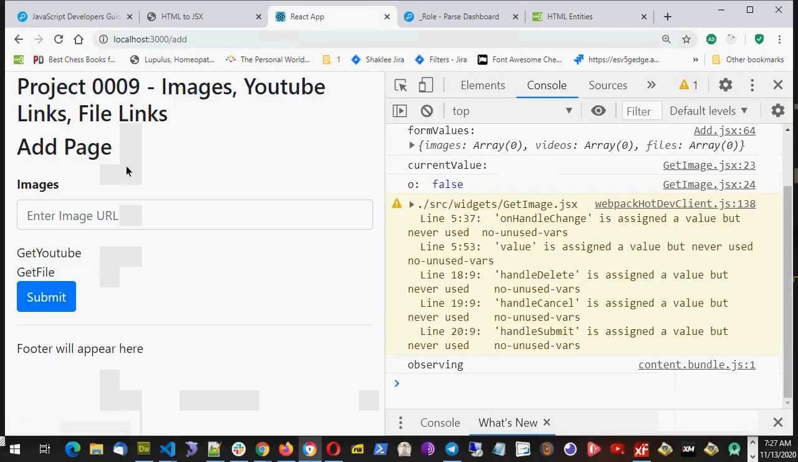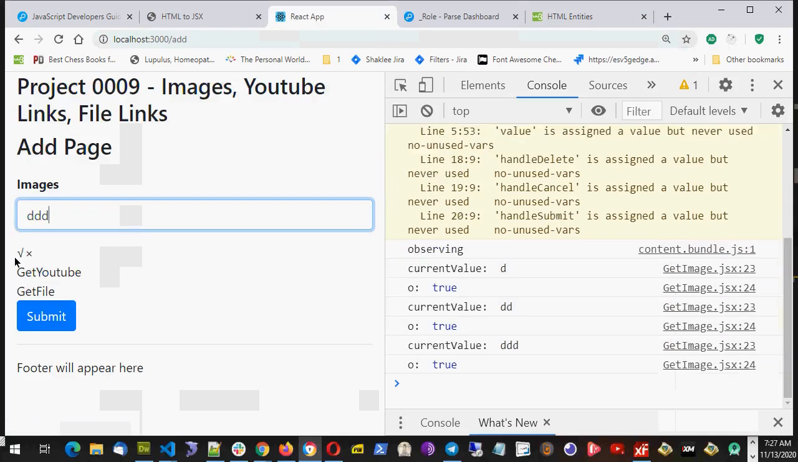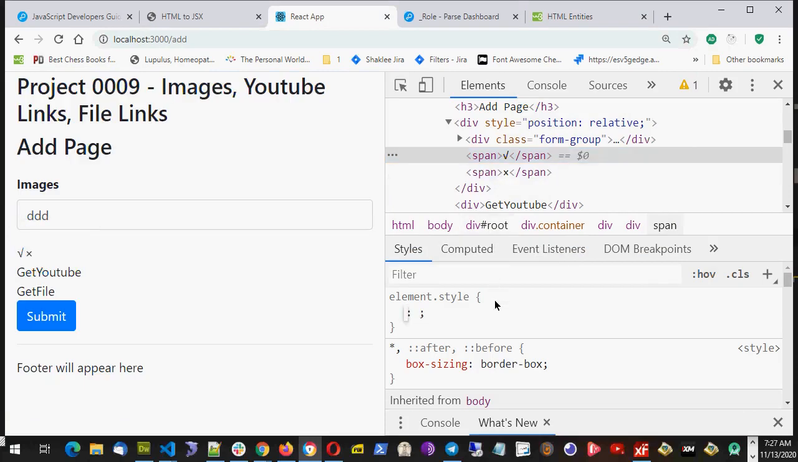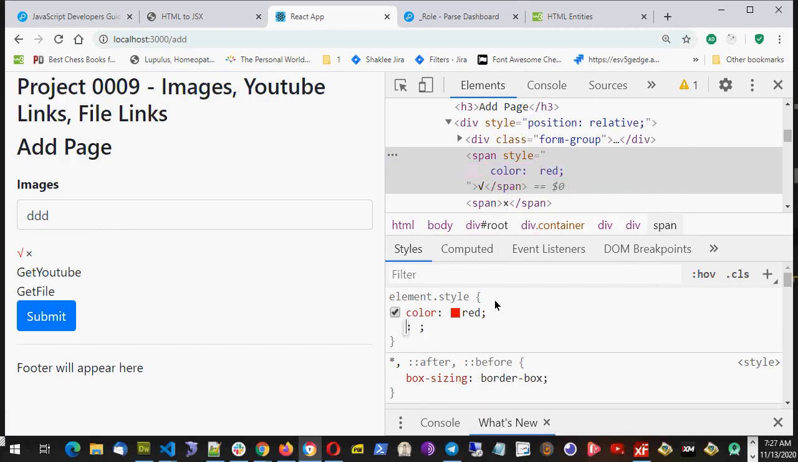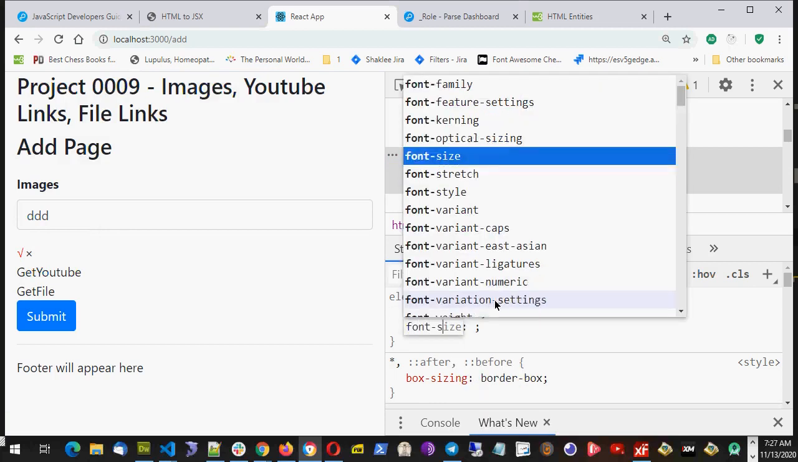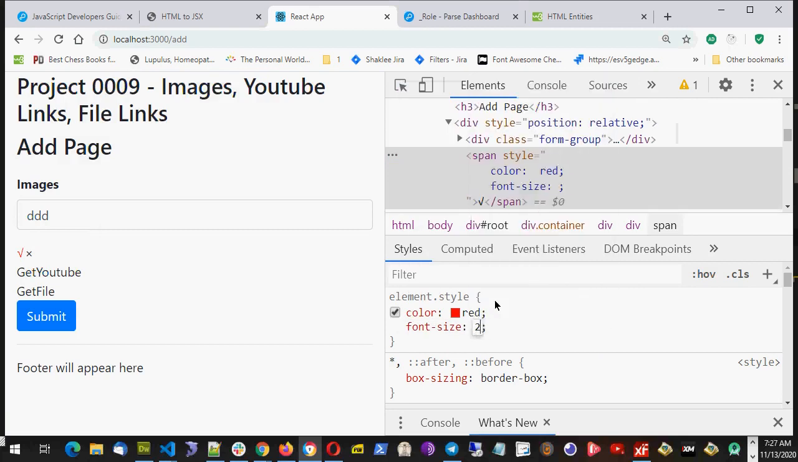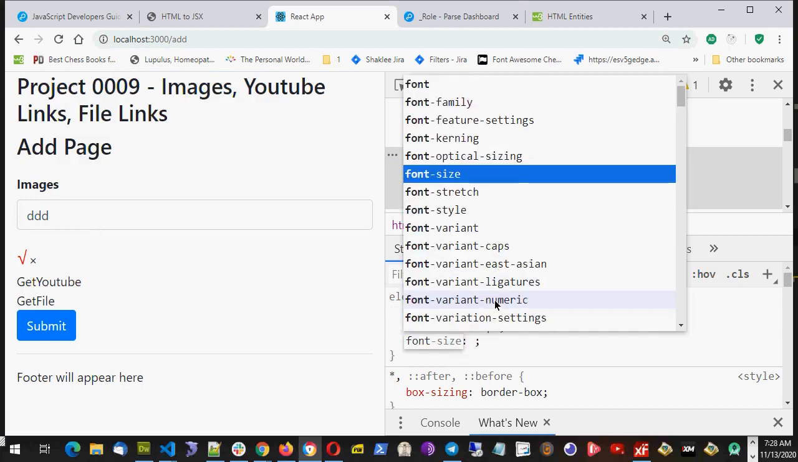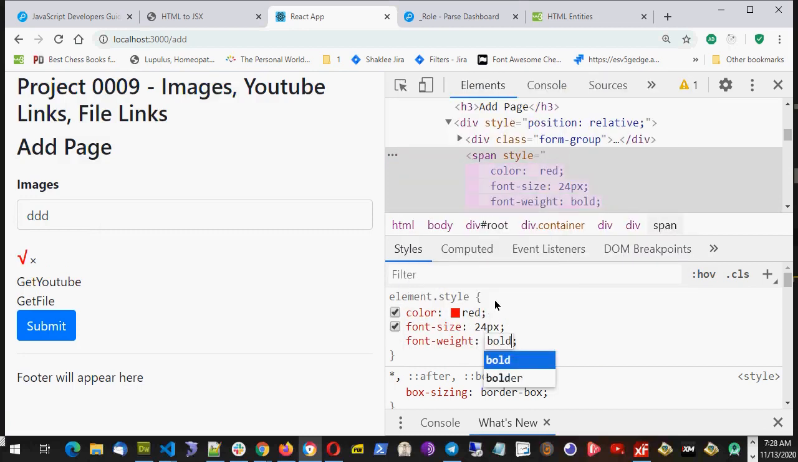Let me check that again here. As soon as I put it, you'll see there is a right check icon and the cross icon. And I want these two icons here on the right side of the text box, which I will do now by giving some CSS properties. So in this CSS, let's make the color red, font size let's say 24 pixel, font weight bold,